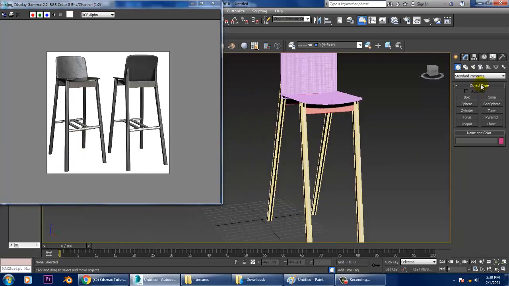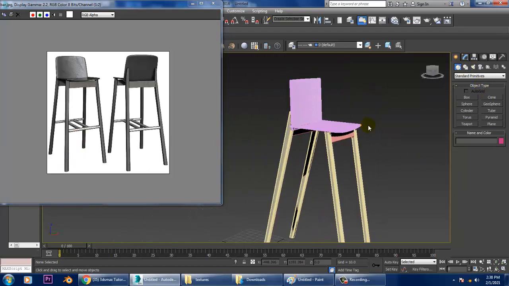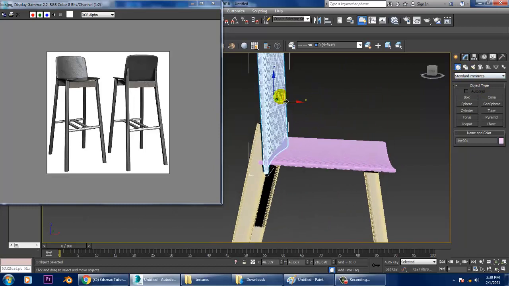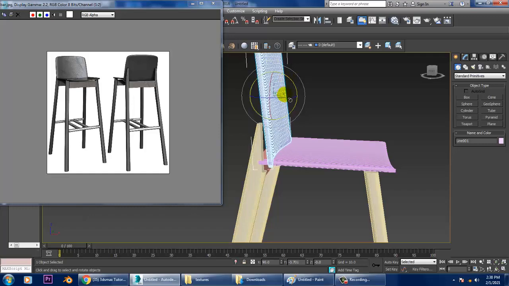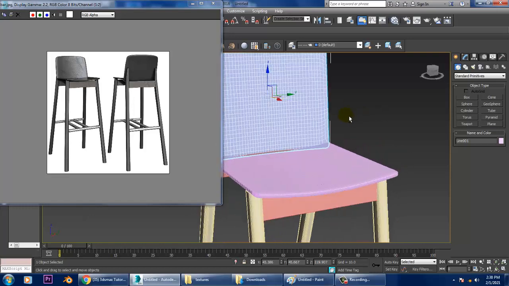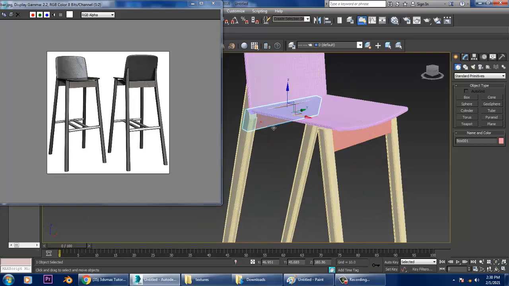As you can see, after that you can slightly push it up and slightly push that behind.